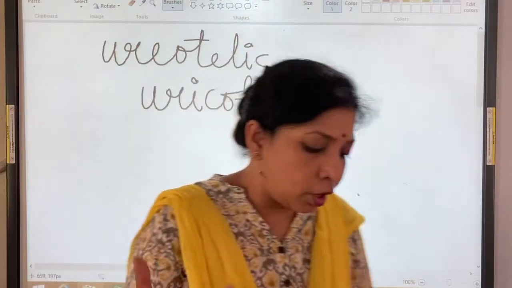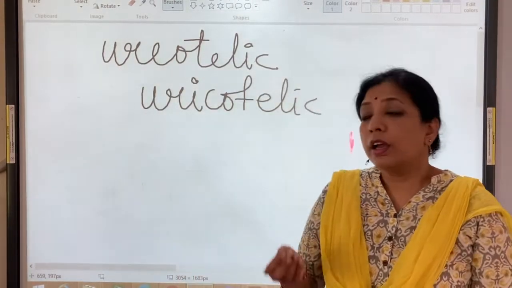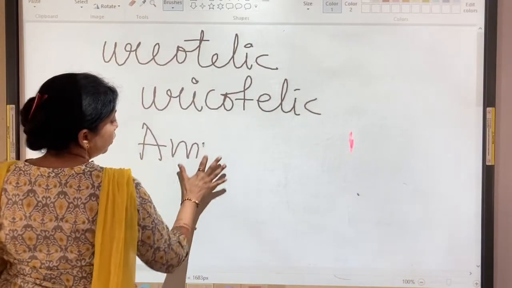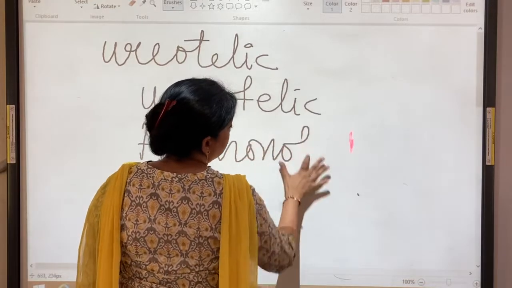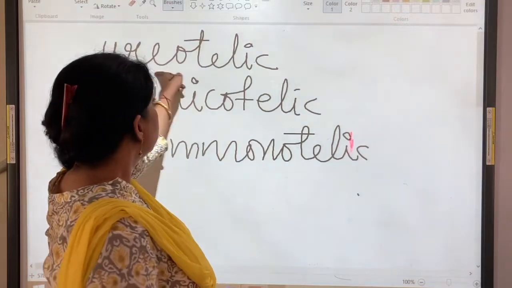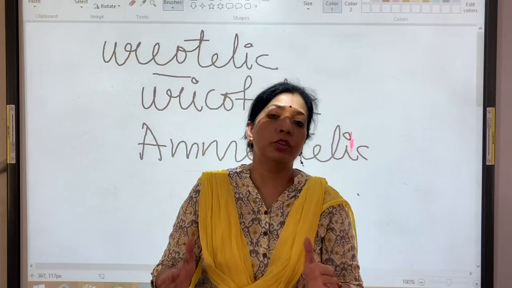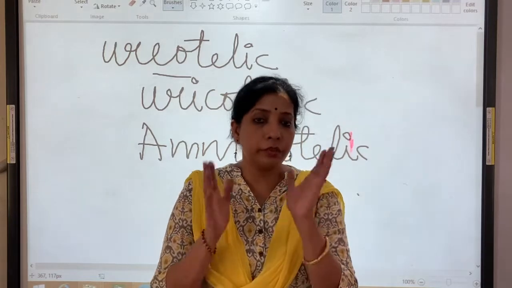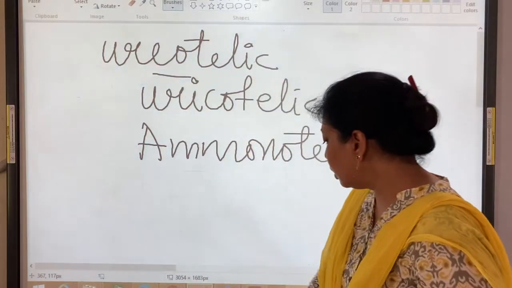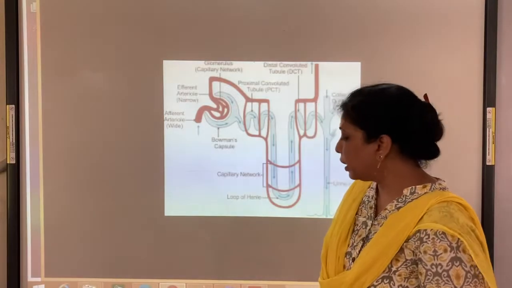In fish and all water animals, the waste is ammonia. So they are ammonotelic. What are they? They are ammonotelic animals. We are ureotelic, right? Because our main nitrogenous waste is urea, so we are ureotelic animals, right? So this is how the kidney functions.